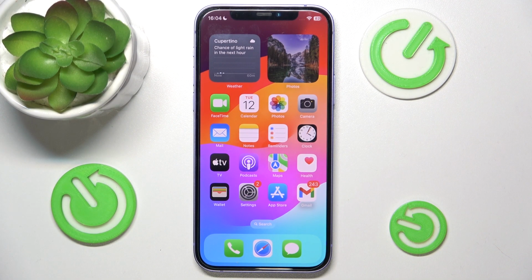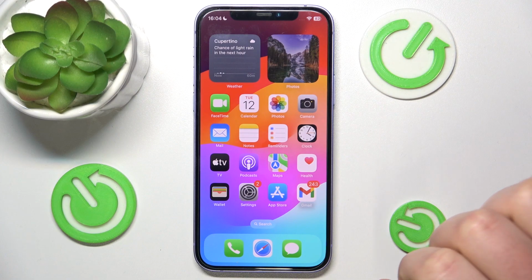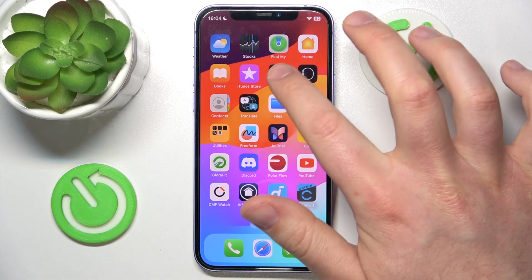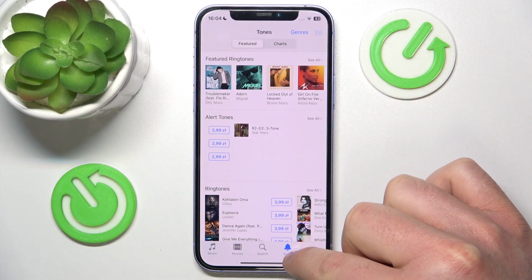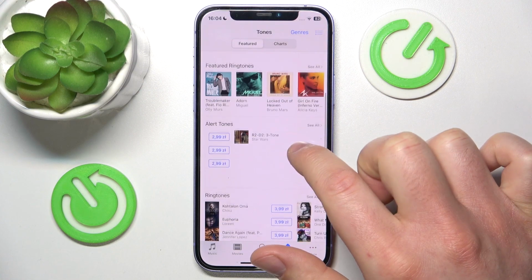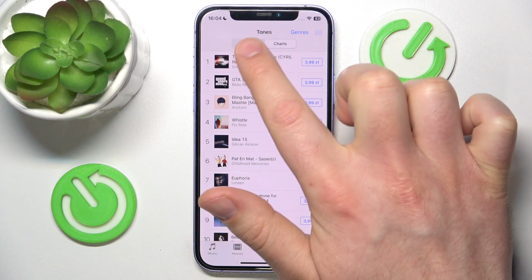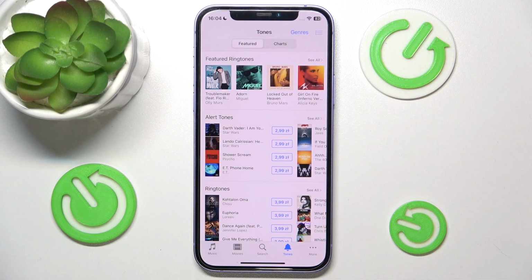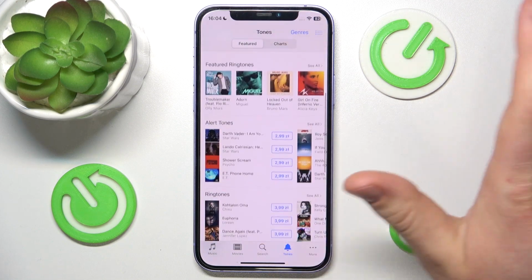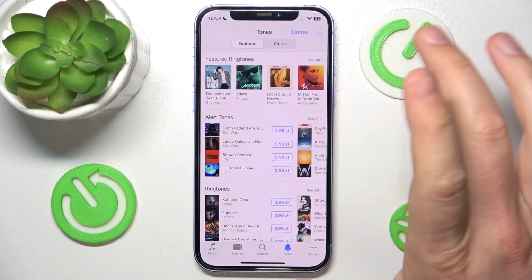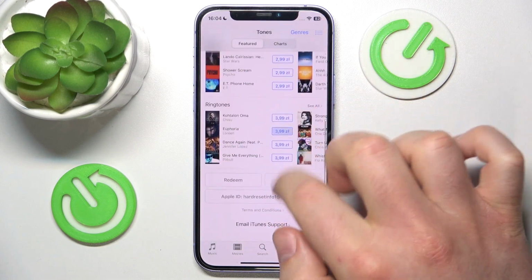So, in front of me is an iPhone 12 with iOS 17.4, but this is going to work all the same on all other phones. There are two paths that you can take into the iTunes Store with the tones. You can go straight from the iTunes Store and then go to Tones, and here you are going to find some new ringtones. For notifications, a ringtone, or a FaceTime call, you can just search here for all the